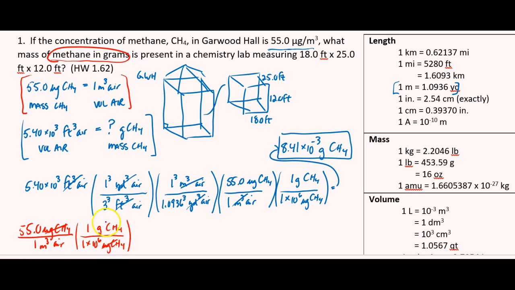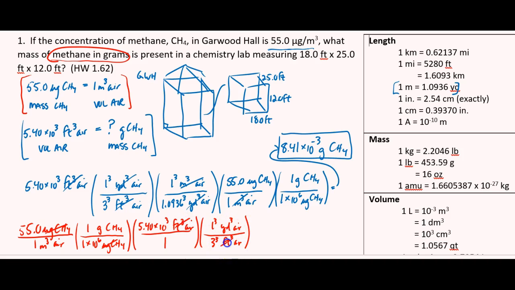So we've gotten the desired quantity, grams of methane, upstairs. We just have to get rid of volume of air, which is downstairs. And you can compute the volume of air. Remember, that was the 5.40 times 10 to the third cubic feet of air. But your units don't cancel, so that'll be a little bit of work. For every 3 feet, there's 1 yard, and we have air, but we don't have feet, we have cubic feet,